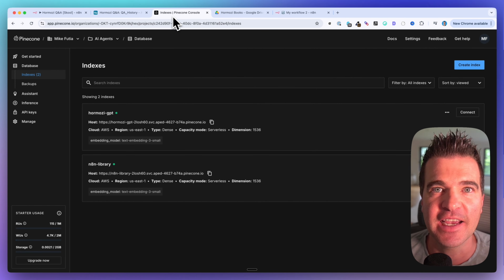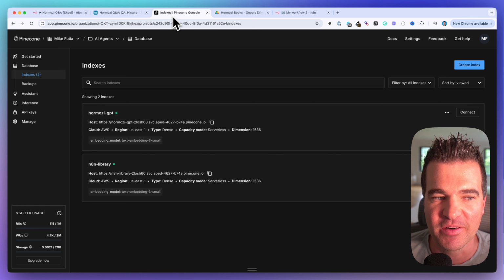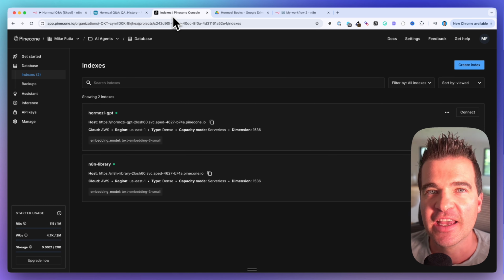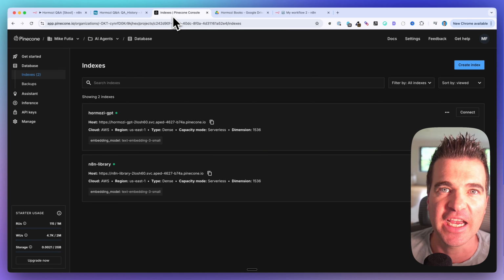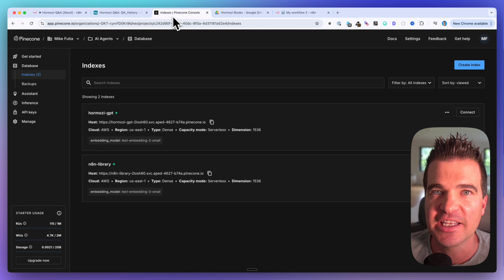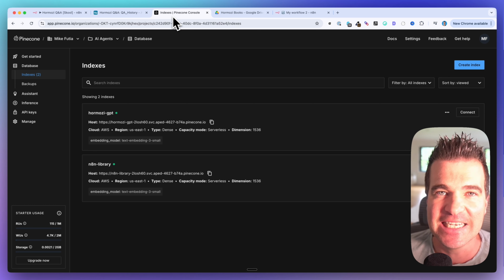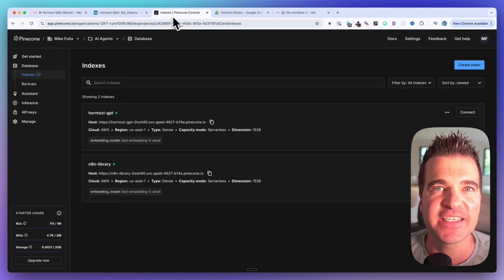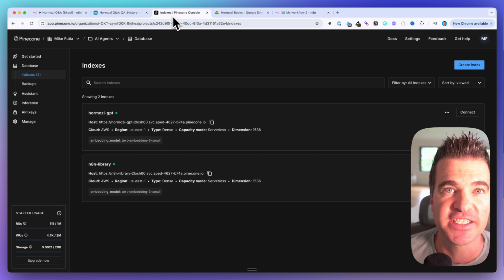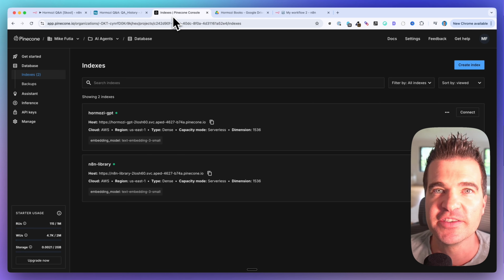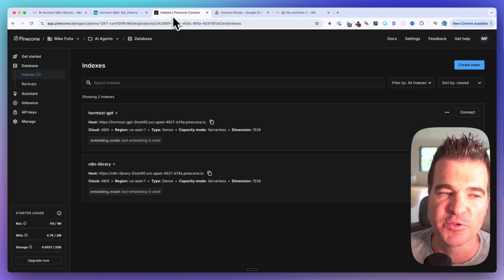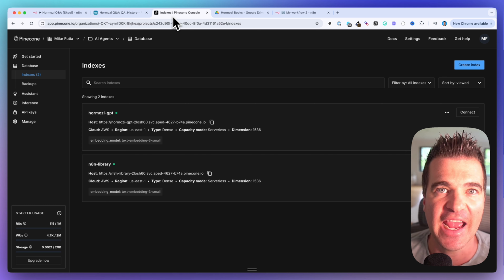And the non-technical explanation of Pinecone: it's a vector database that's going to store basically every sentence from those PDFs, and it's going to store it in a way that lets us search those PDFs by ideas instead of exact match keywords. So if you know anything about SEO, it's kind of like semantic search instead of exact match keywords. And then when we ask a question of those PDFs, Pinecone is going to grab only the relevant sections from the books